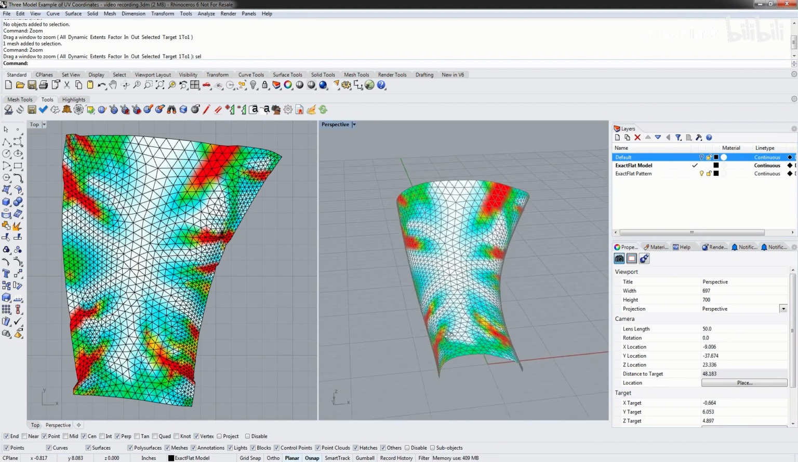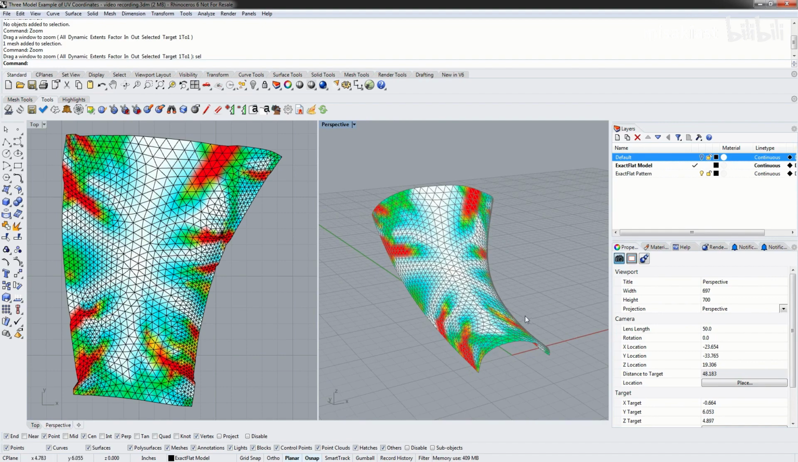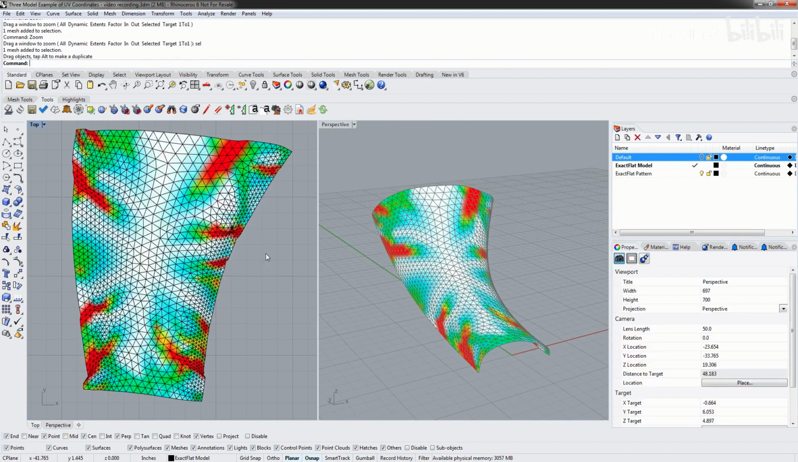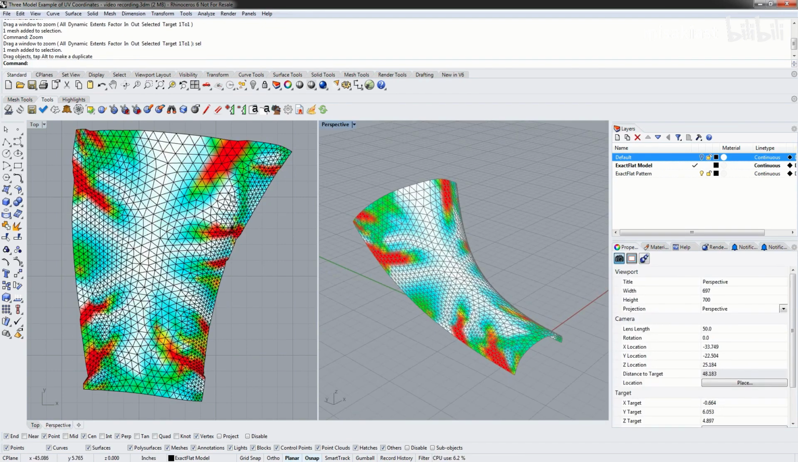We've already flattened our part here. We've got our 3D model on the right, and we've got our 2D pattern on the left. To begin, I'll show you the shortest path cutter. We can start the shortest path cutter using this icon here in the Exact Flat toolbar, or we can type